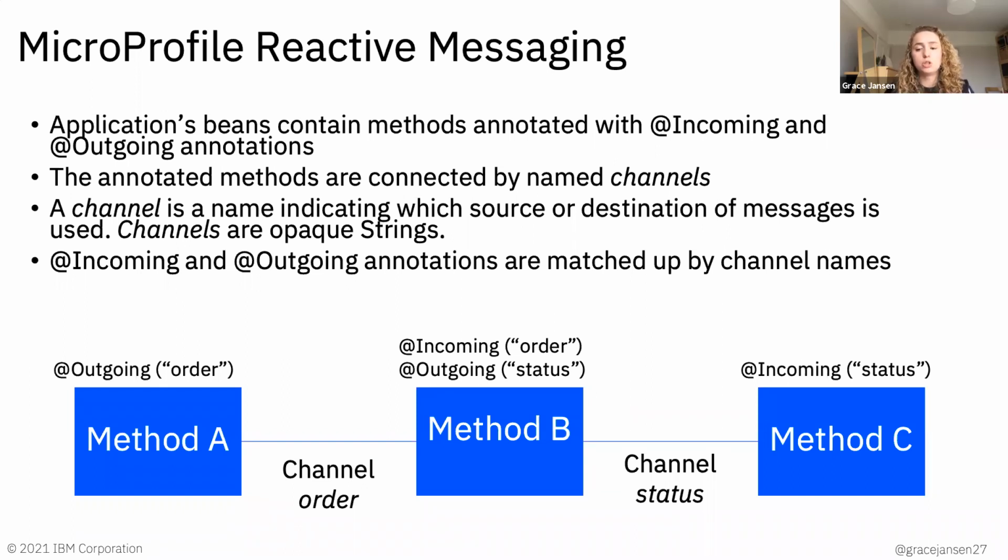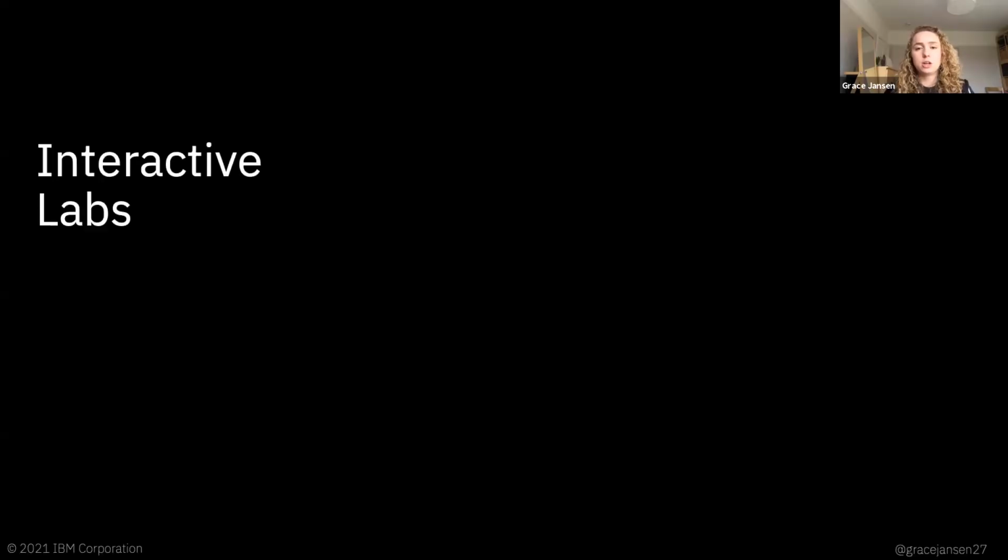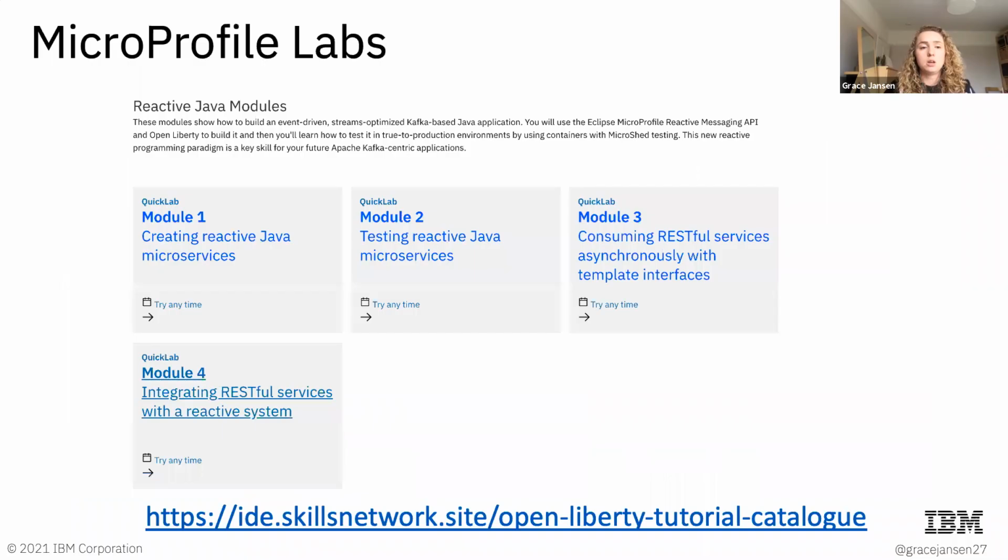I wanted to do this interactive lab so that you can take a look at just how easy it is to implement this style of reactive architecture and reactive messaging between services and aspects of your application, to really make the most of that underlying infrastructure through tools like this. We're going to be utilizing an online environment today. This is an online environment we've created with my colleagues at IBM. It means that you don't have to have any prerequisites downloaded onto your local machine, which can be really useful because I know a lot of people can be restricted with that.